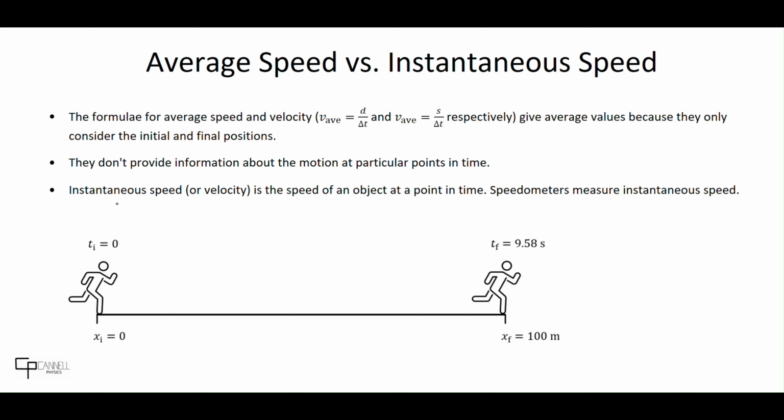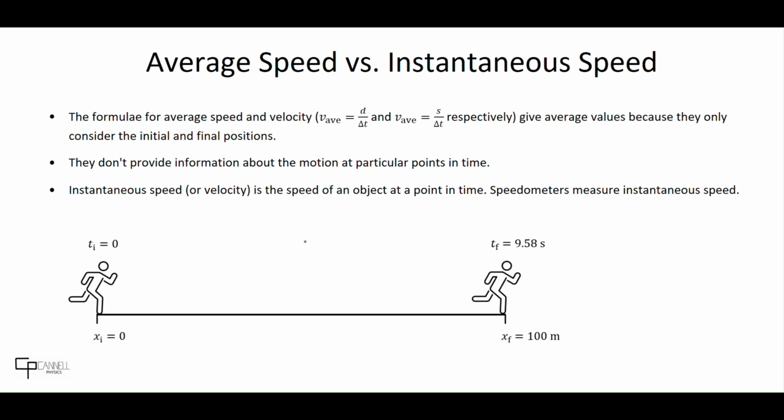So this warrants the introduction of a new quantity to accurately analyze motion, and this is instantaneous speed, or velocity for that matter. And this is the speed of an object at a point in time. For example, speedometers measure instantaneous speed, the ones in your car. Because when you look at them while you're driving, they are telling you your speed at that current point in